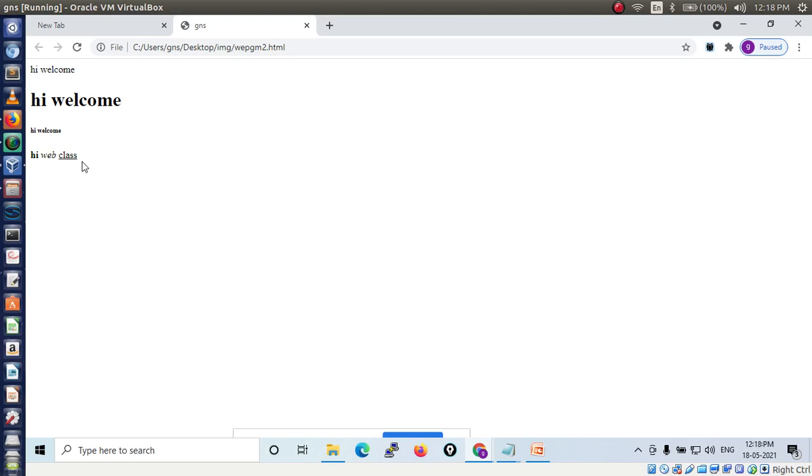See, I am using two words, hi and hi. The first hi should be in the h1 tag. Then the second hi should be in the h6 tag. Then Java lab: Java should be displayed with underline, and lab should be displayed in bold style.